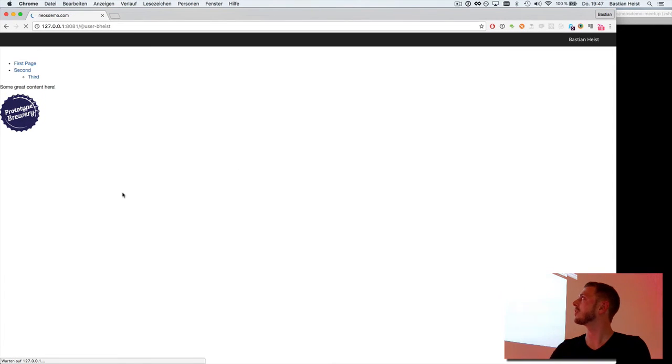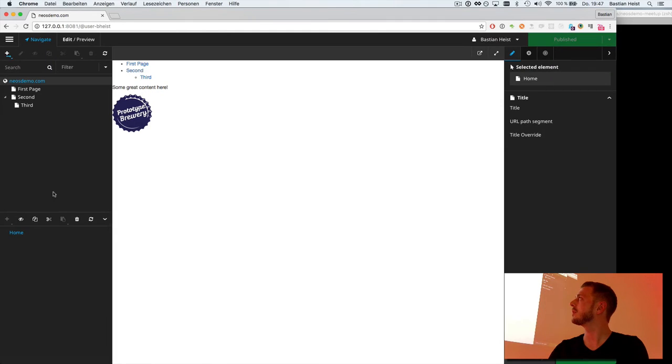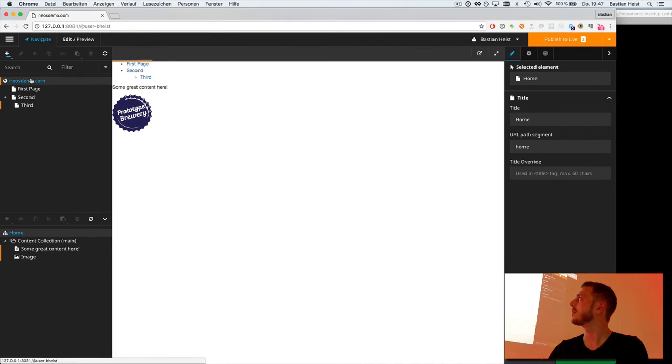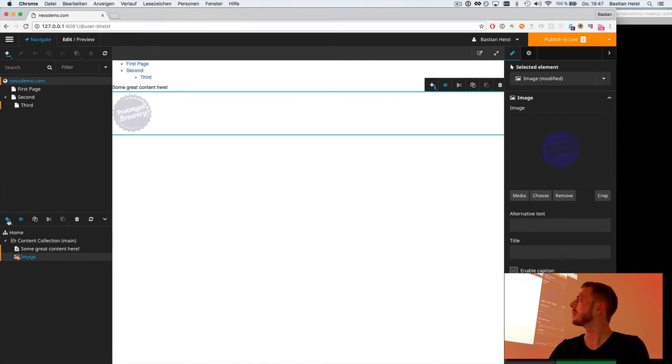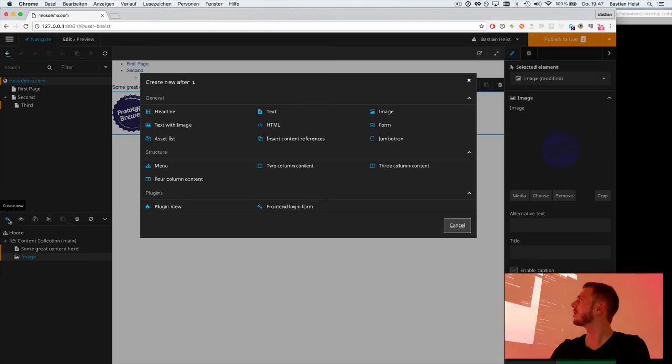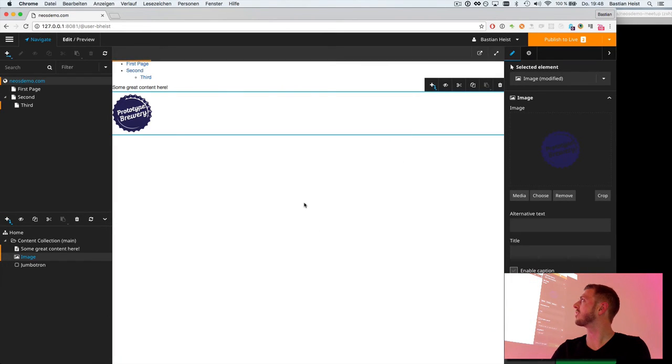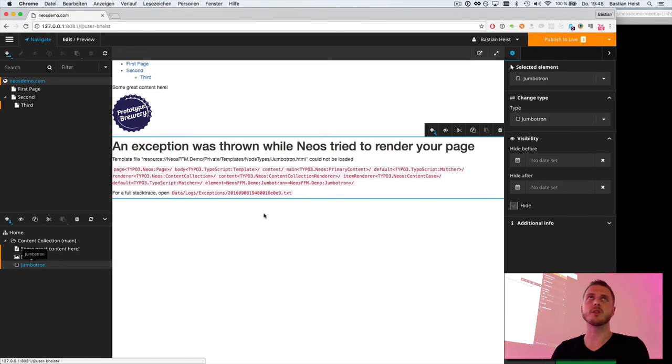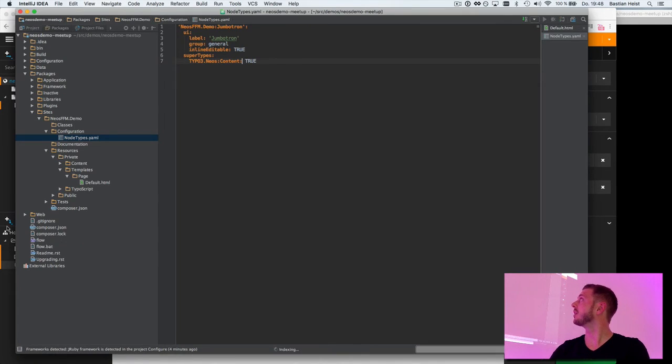Let's refresh this and have a look. Oops, is unintended. No. Right, there we've got our Jumbotron already. Now if I try to add this, it doesn't really work well because it knows there's a node type, but it doesn't have a template, it doesn't have any properties, it doesn't have anything basically. And we're going to fix this, of course,